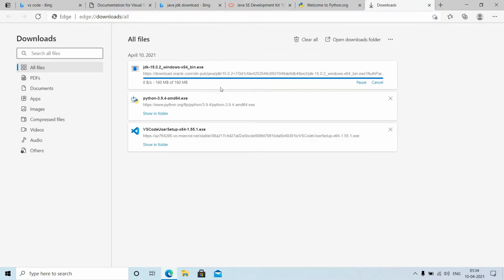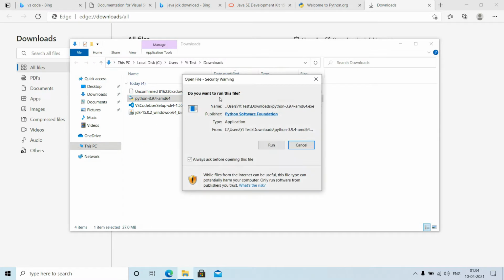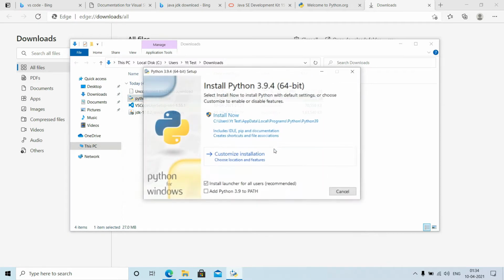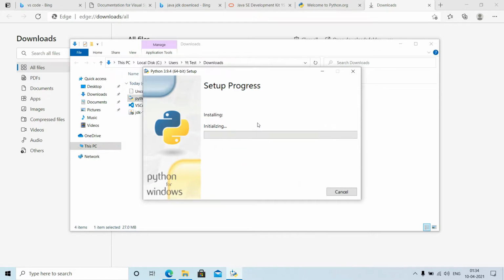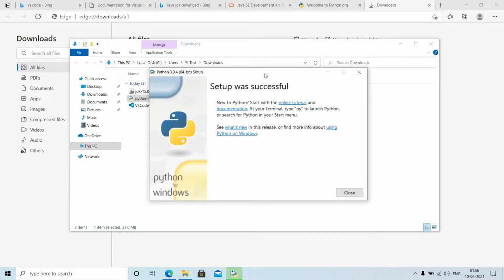Ctrl+J and here you can see that show in folder. Just double click and hit run. Don't forget to check the checkbox at the bottom of the window and just click install now. Okay, it's initializing. Okay, our Python is successfully installed.